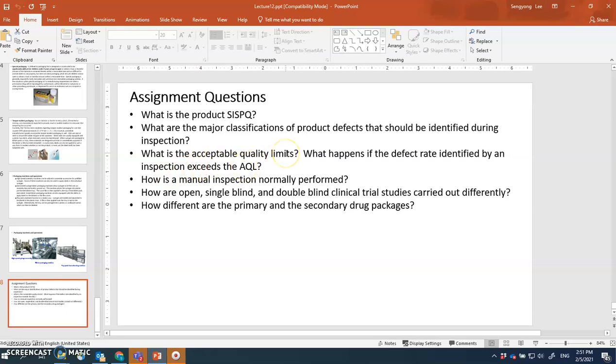So AQL is the maximum defects you can have, and they should be identified and sorted out. If you have more than the AQL limit, then you have to investigate what that is and where they're coming from, of course. How is a manual inspection normally performed? We talked about that, using a light booth, gently holding, certain position away from the light, and you gently